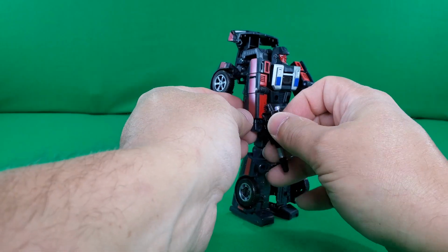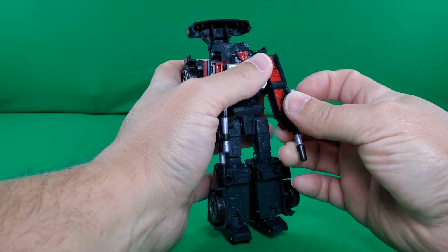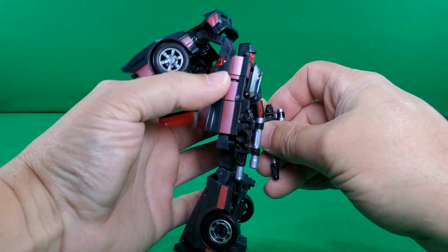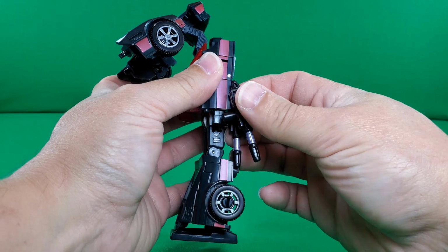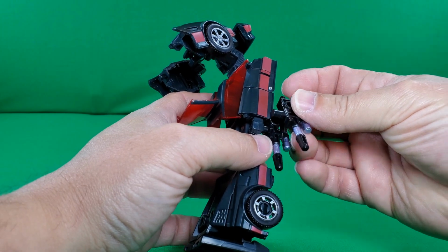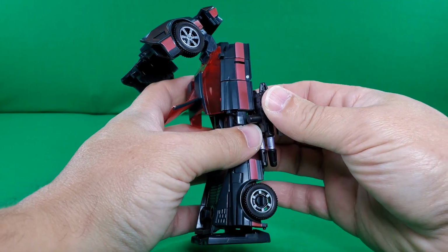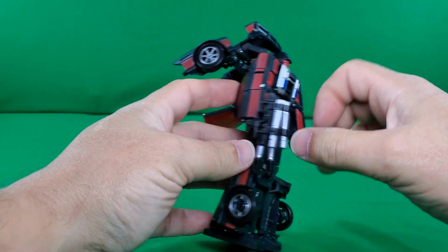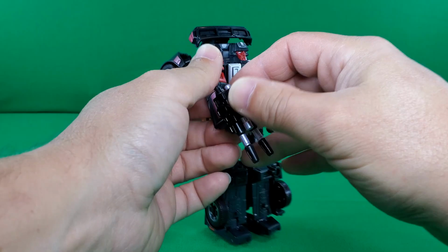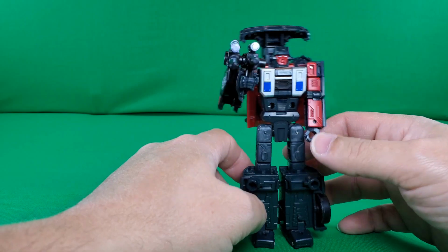Now, as far as his guns go, he can hold them in his hands, one in each hand. Or, again, they do peg together. If I can do it. Of course, because I'm filming, it doesn't want to do it. But anyway, again, there is that option if you want him to have a free hand, but still